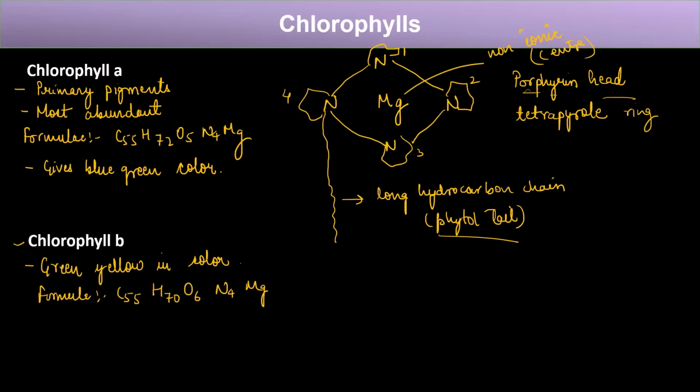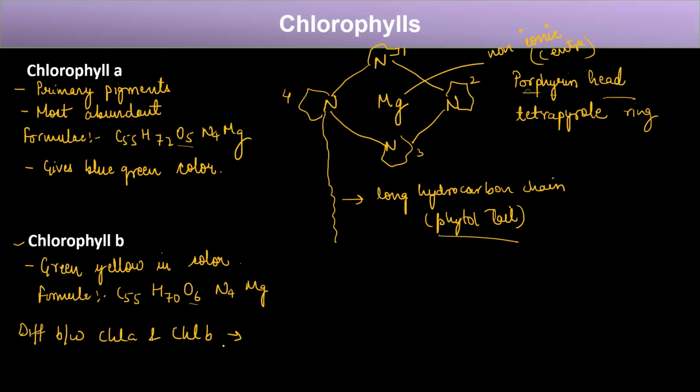Okay. Now, what is the difference between chlorophyll A and chlorophyll B? Just by looking at the formula, we can see that in chlorophyll A we have 5 oxygen, right? While in chlorophyll B, we have 6 oxygen. Now, the question is, what group actually constitutes this difference? So, if you look at the difference between chlorophyll A and chlorophyll B, what difference